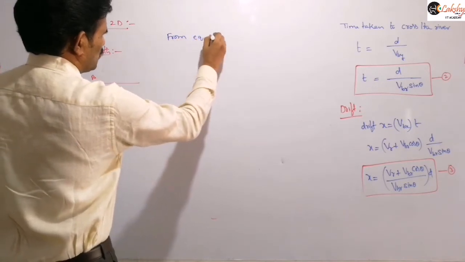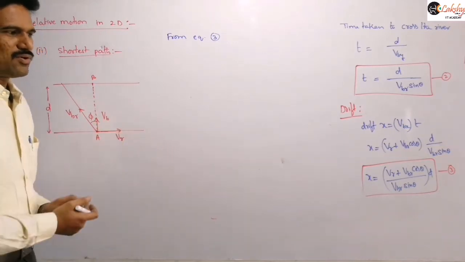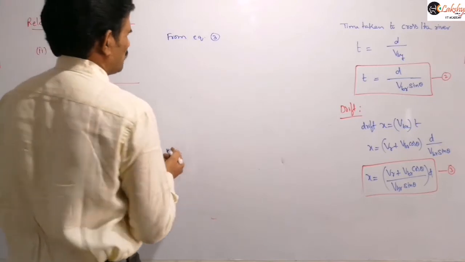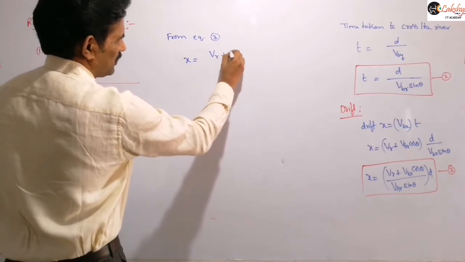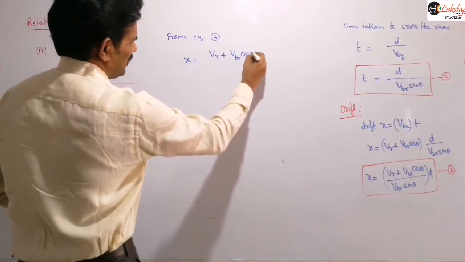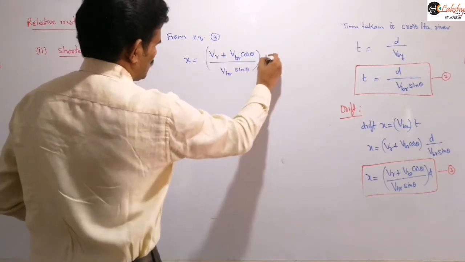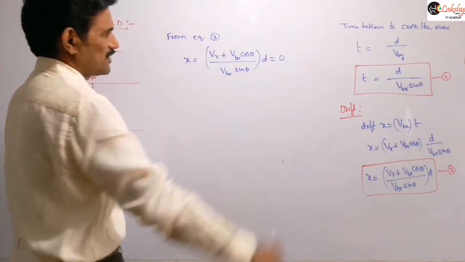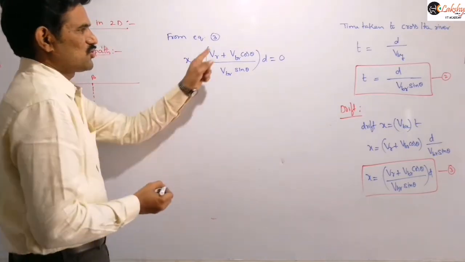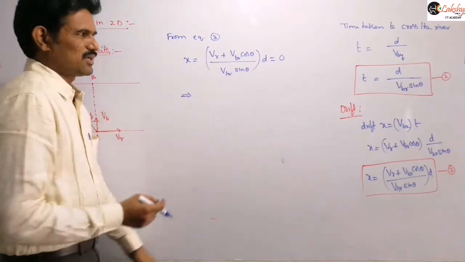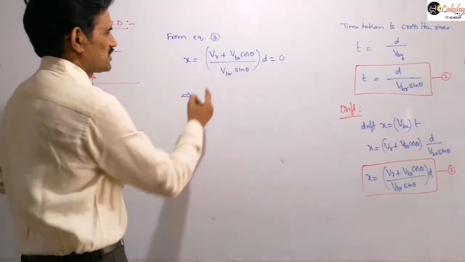So from equation 3, I am taking the general equation here. As we derived already this general equation, directly also you can calculate. So from equation 3, we can write the drift is equal to (VR plus VBR cos theta) by (VBR sin theta) into D. So this is our drift expression here. Now what we are saying is this value should be equal to 0. So clearly you can say that the value is equal to 0 only when this numerator is equal to 0, right? Because the denominator being infinite is not possible.